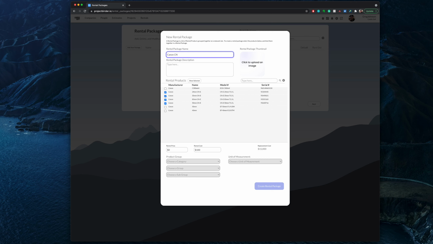Canon CNE lens kit. And then we'll put a little description if we want to use it. So this is the 24, 35, 50, 85 millimeter cinema lens kit. Okay, the rental price, let's just say, if these are $100 each, we'll do a 4 for